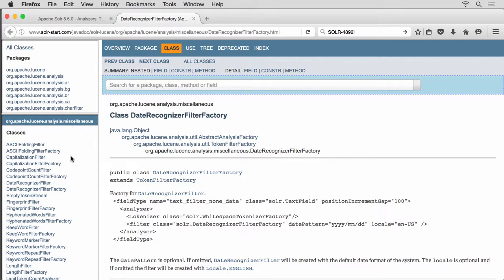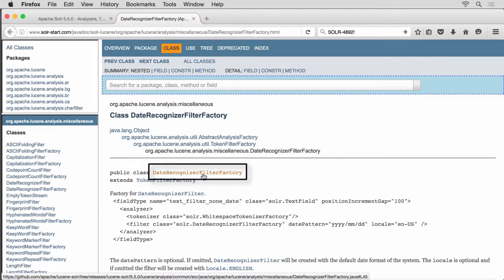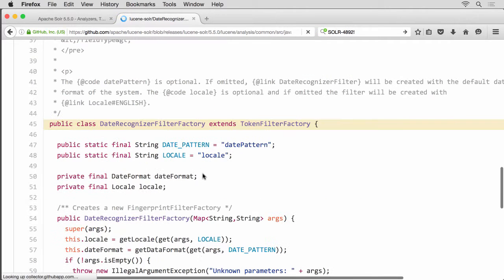Let's jump to the implementation. This takes us to the GitHub mirror of the source for the version the Java doc was for, Solar 5.5 in this case. So we can now go up and look at the class history.